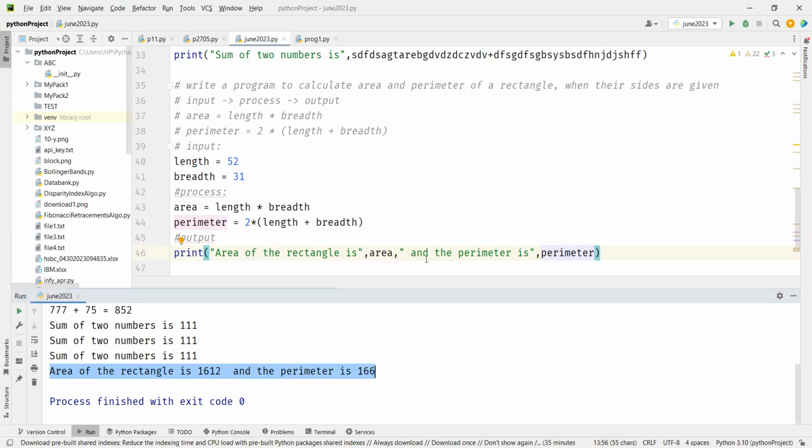So you should focus. Output is the simplest of all. Input also, you have to think, how many inputs I need, what all inputs I need. Process is the most difficult part, because that's where you have to use all your logic. Output is the simplest part. But then, it is simplest to calculate, it's simplest to do, but it is difficult because when you look